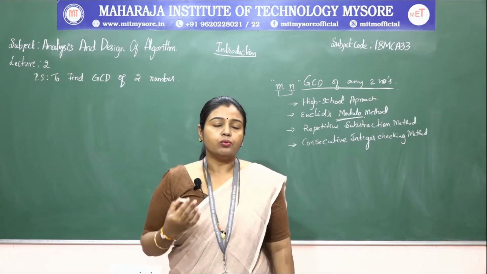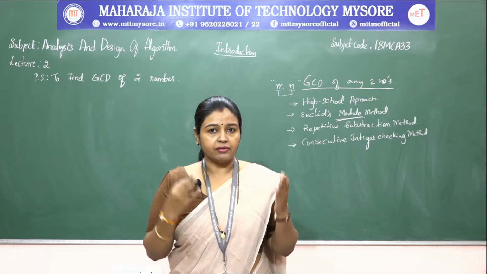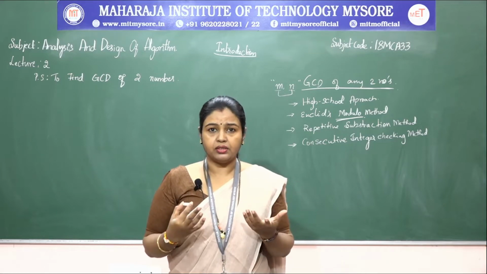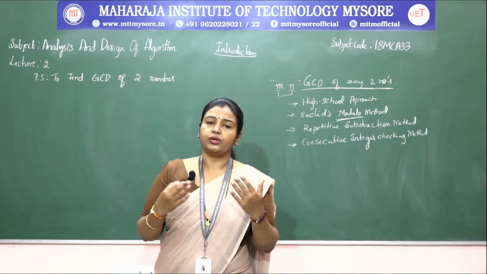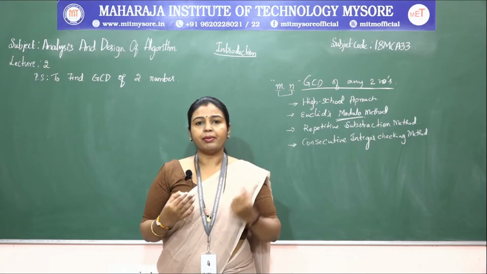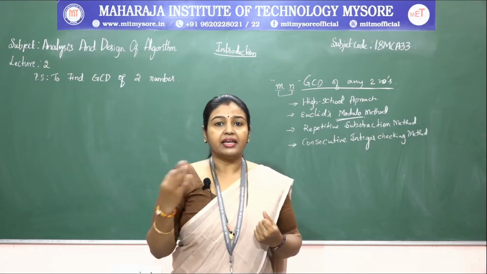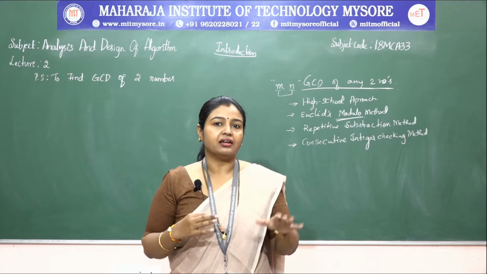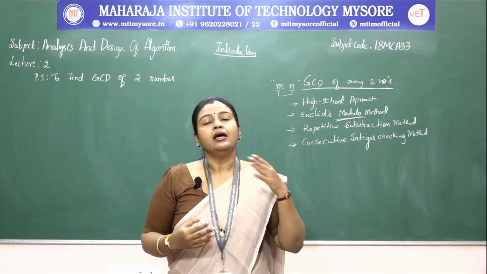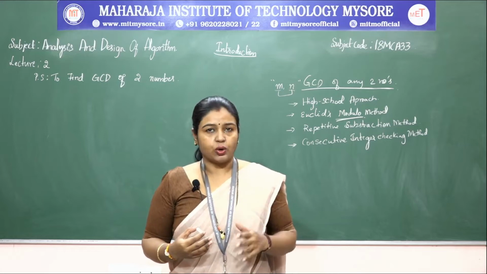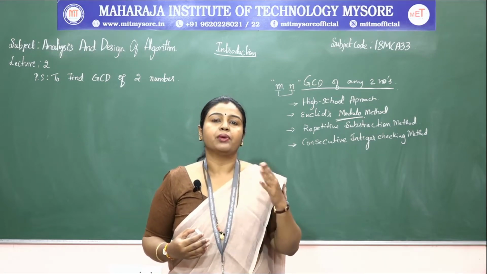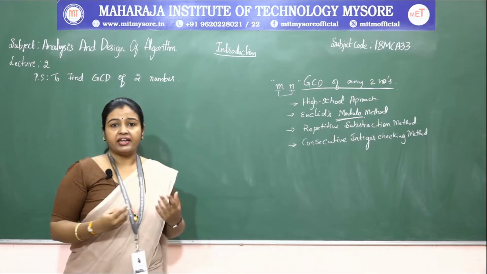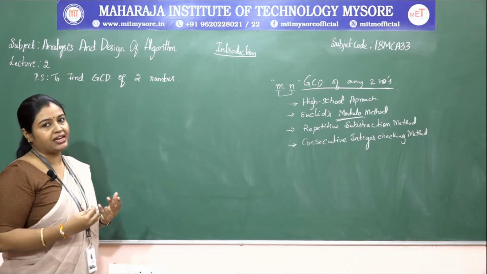Here he divides the two numbers, m by n, and stores the result in a remainder. Then that remainder is assigned to n and n is assigned to m. Likewise he repeats these steps until the remainder becomes 0, or the second number becomes 0, dividing and keeping on saving the remainders. So let us write the algorithm for finding the GCD of two numbers using Euclid's modulo method.